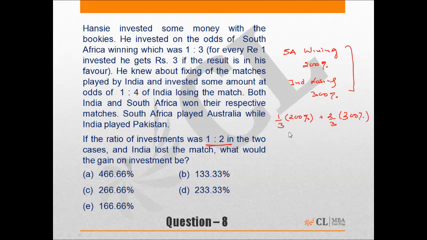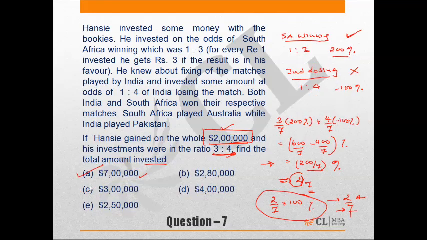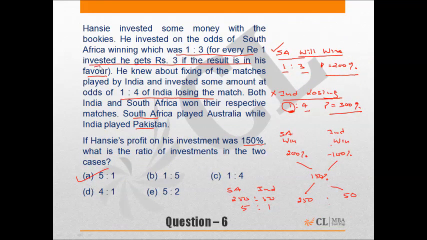So this becomes 600 plus 200, 800 over 3, which is 266.66%. A question of weighted average. Correct answer choice C. Now, if you look at the three questions 6, 7, and 8 together, in this question